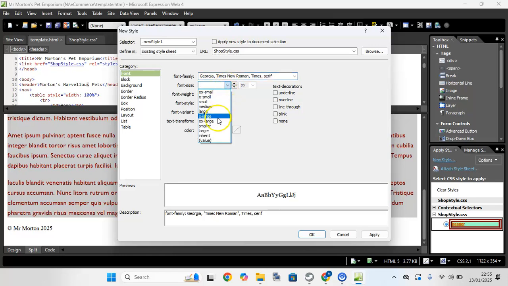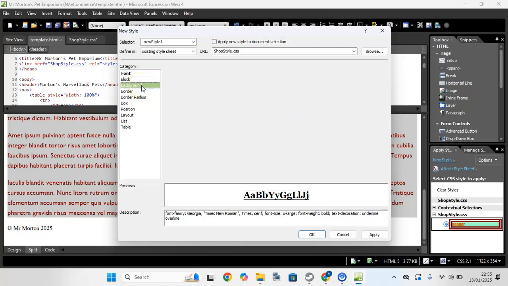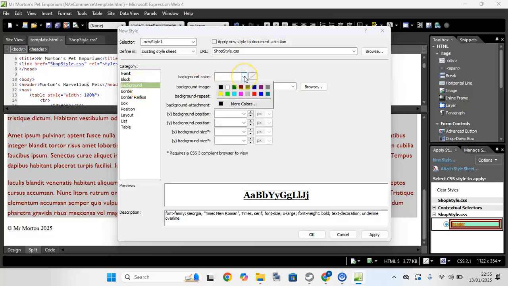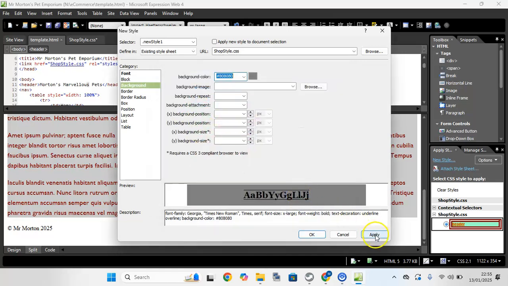Font size, I want to be maybe extra large. Font weight, I'm going to make it bold. And I'm also going to underline and overline it. And again, I probably want to put a different background on just so that I can see what's going on. So background color, I'm going to make that a darker grey. So more colors and maybe a nice dark grey like that. If I apply that,